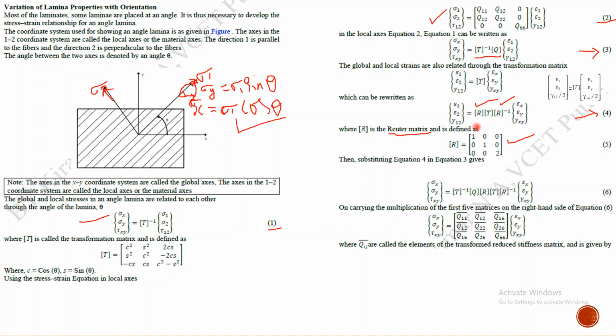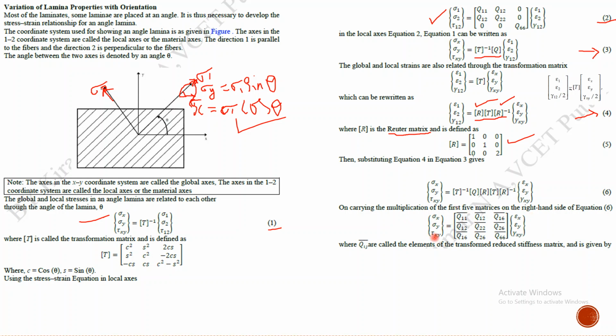In addition to those two, I have to include these three terms: R, T, R inverse, multiplied by epsilon x, epsilon y, and gamma xy. Okay, so if I multiply all these terms together, I'm going to get